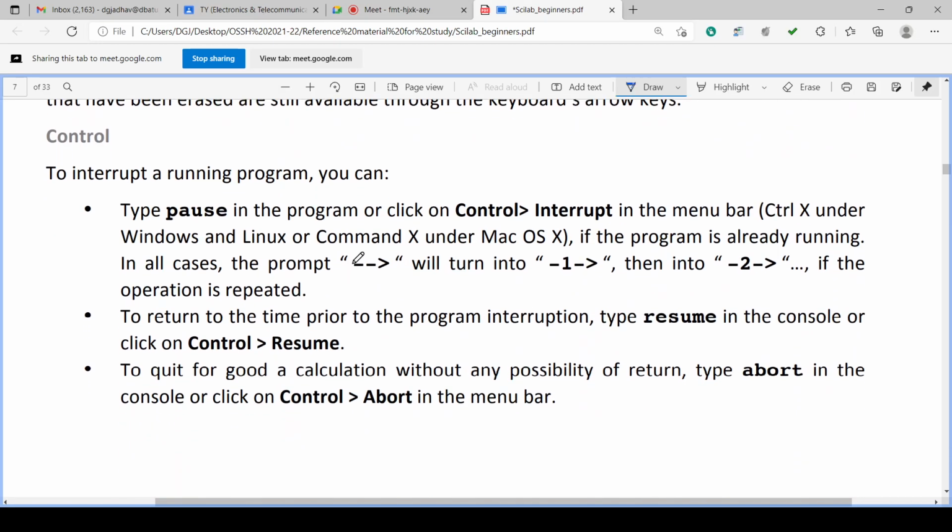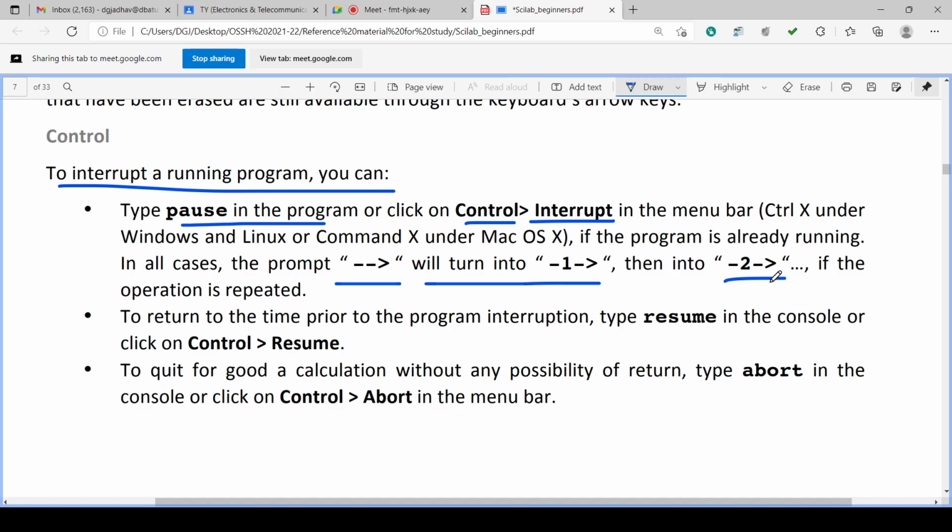Then there is a control to interrupt the running program, pausing the program. We have the control and interrupt menu on the menu bar. So Control X under Windows and Linux, and Command X under Mac OS X. If the program is already running, in all cases the prompt will turn into -1 or -2 if the operation is repeated 2 times; it is interrupted.